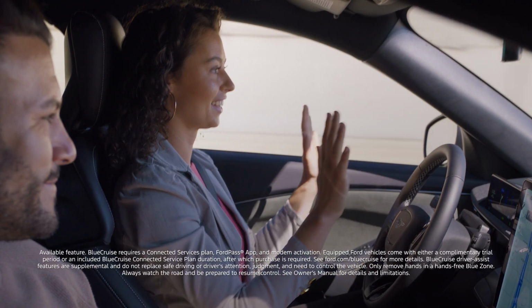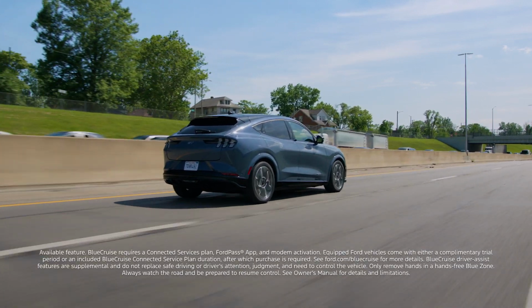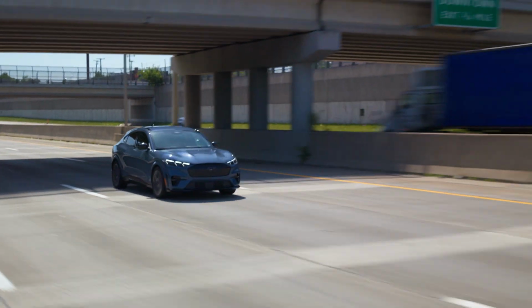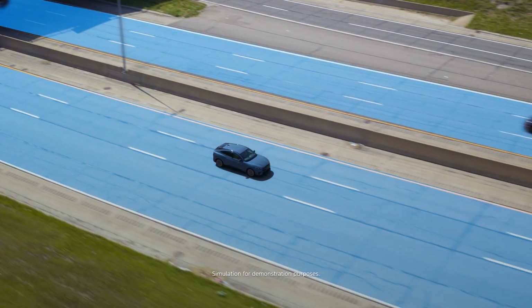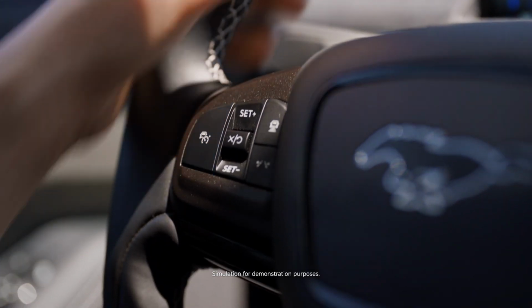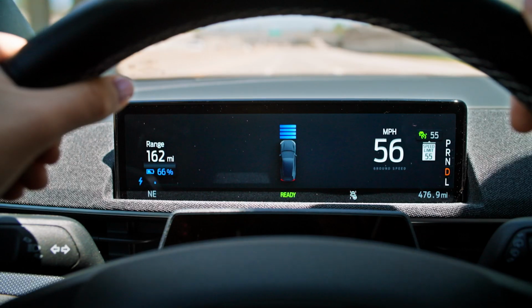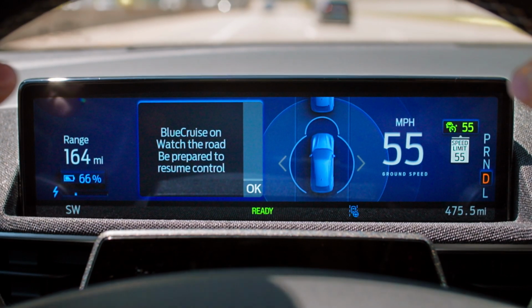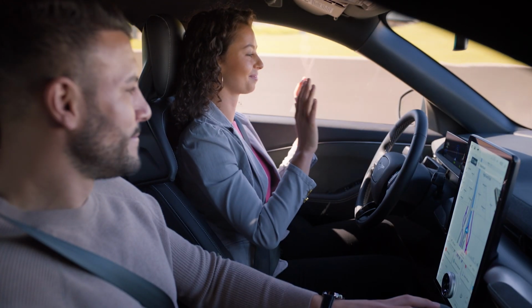BlueCruise is hands-free highway driving that helps make driving less stressful and more enjoyable. It's available on 97% of controlled access highways called Blue Zones. Once you're on the highway, press the Adaptive Cruise Control button on the steering wheel. Wait for the hands-free icon, and BlueCruise helps with accelerating, braking, and steering, so you can let go and relax